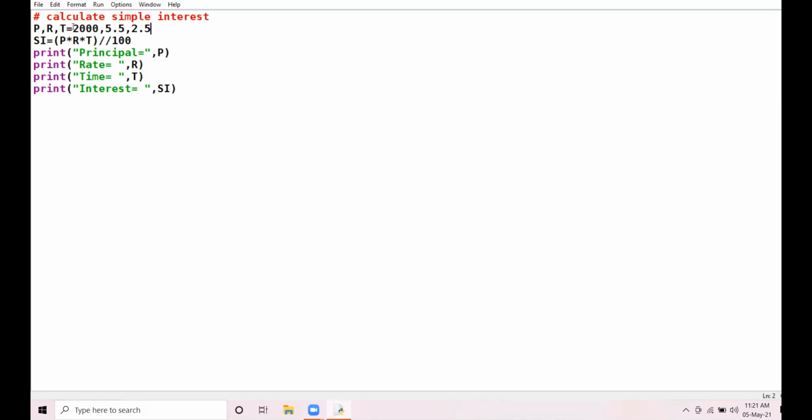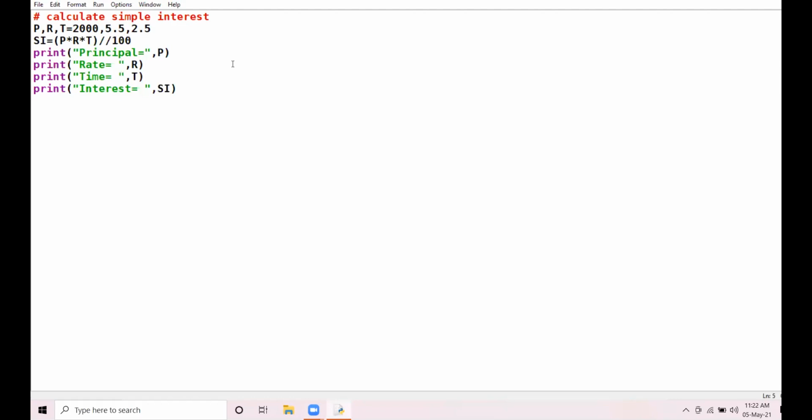First value on the right hand side, all of you please see carefully. First value on the right hand side will be given to the first variable on the left hand side. Second value on the right hand side will be given to the second variable on the left side. Third value on the right side will be assigned to the third variable at the left side.